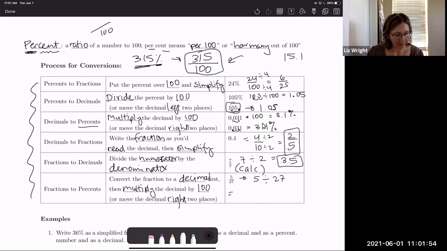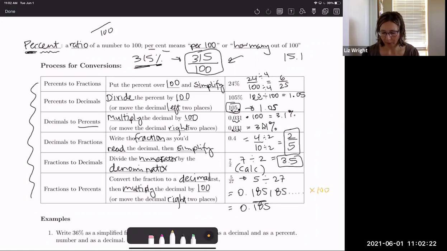And what I get is a repeating decimal. I actually get 0.185185, and it keeps repeating. So really what I'm getting is 0.185 with that repeating bar over it. But let's look at what my next step is. It says now multiply by 100 and move the decimal right 2 places. You can go off of either one. We're going to multiply it by 100,